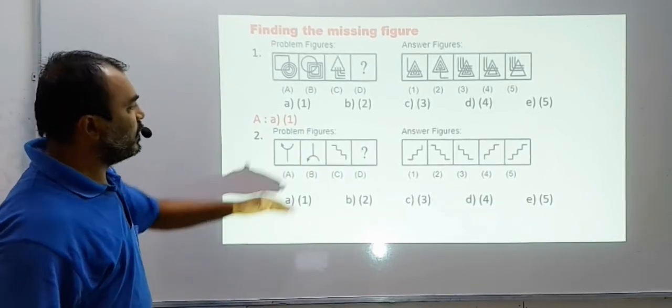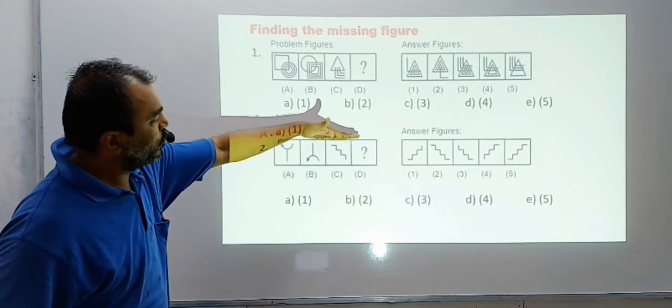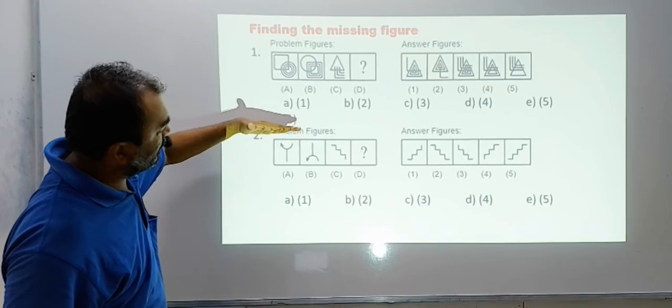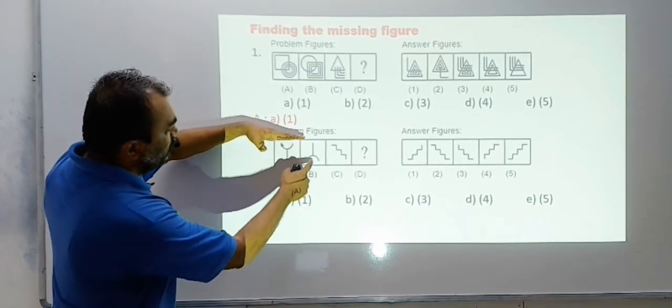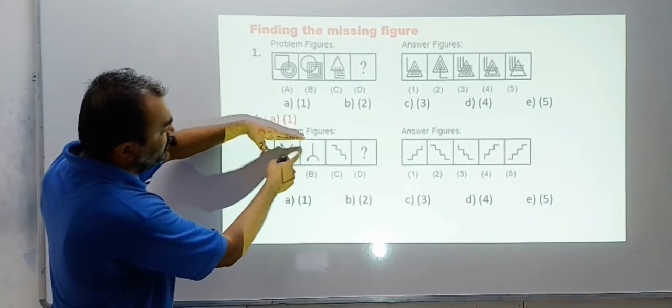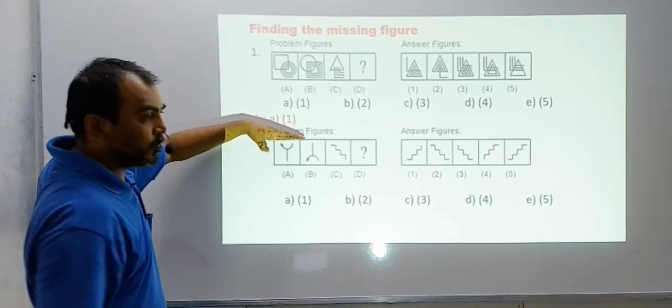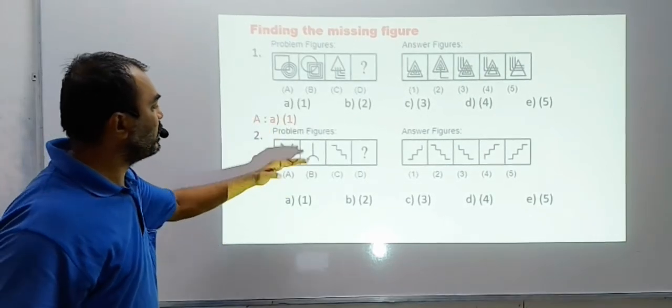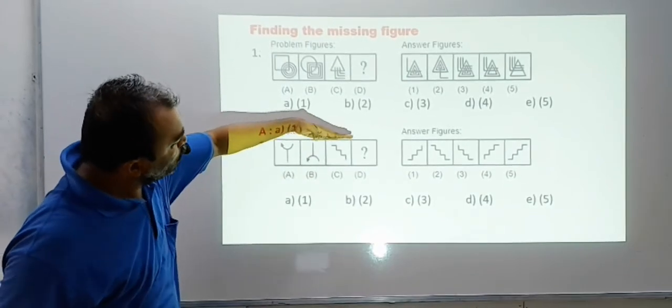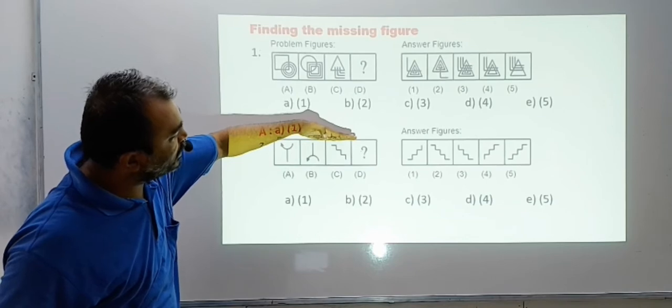In the same way, if I put a mirror here, what image should I get on the top here? You can try it out. If you put a mirror here, you will get the same figure on the top. This is the mirror image when the mirror is placed on the top. Now in this type of questions, the mirror can be by the side also, but here the mirror is on the top. So if I put a mirror on the top here, what image will I get?